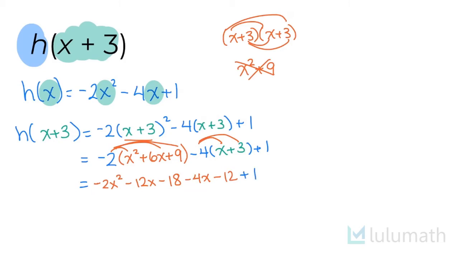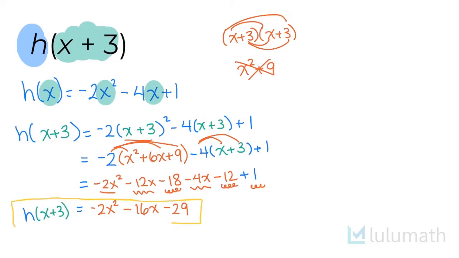Last thing I need to do is just collect my like terms and then I'm good to go. So I can see this -2x squared, nothing is like it, so I will copy that down. But I have -12x and -4x are like each other, so when I put those together, I get -16x. And then lastly, I have -18 minus 12 gives me -30, plus 1 is -29. So this here, we can say that h of x plus 3 is equal to all of this stuff that